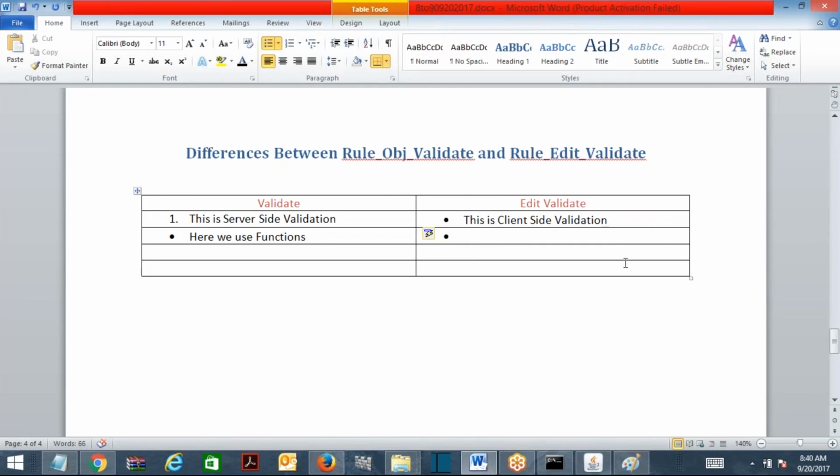Now tell me what is the other difference? Here we need to write Java code. Okay, what else?